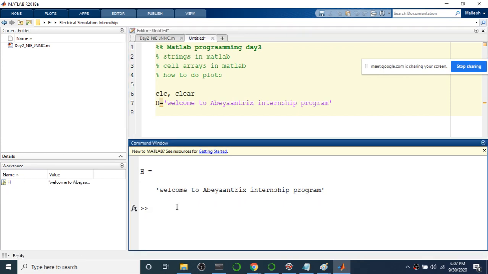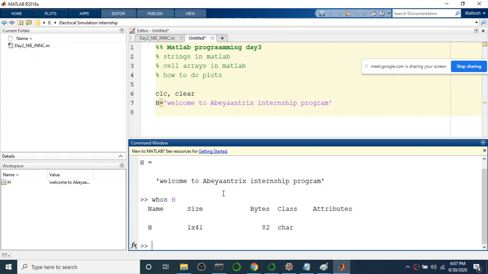If you look at the details about the h variable, you can see that it is a variable having 1 row and 41 columns. There are 41 characters including spaces, so that's why the size is 41. In the beginning I said MATLAB stores any kind of data type in the form of matrices only, so it is also stored in an array format, 1 row and 41 columns.